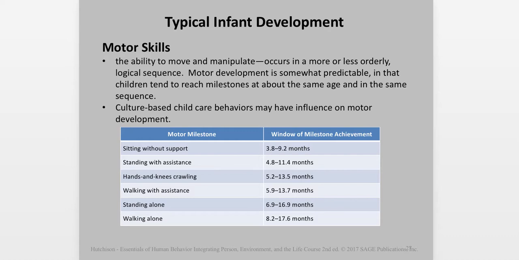But you'll see, as this points out, cultures also have an influence on motor development. Here you'll see what is typical as far as development for a lot of the motor skills, what we call the developmental milestones when you do social histories. When did they start walking, talking? Well, talking is not included in this, but when they sit without support, those kinds of things.